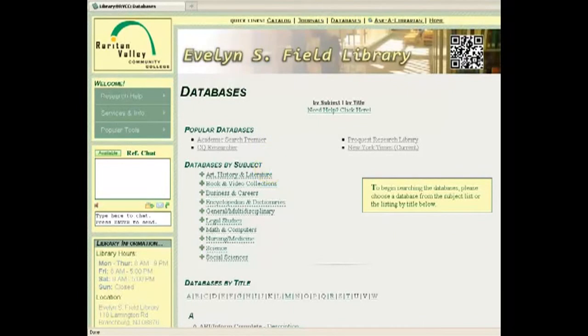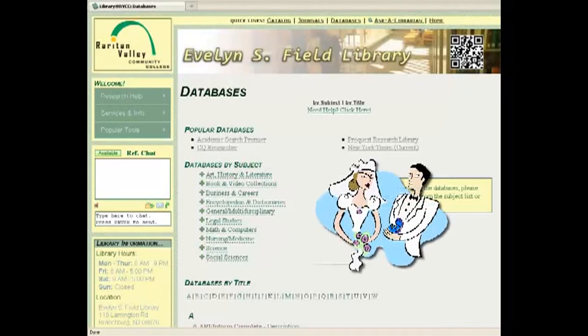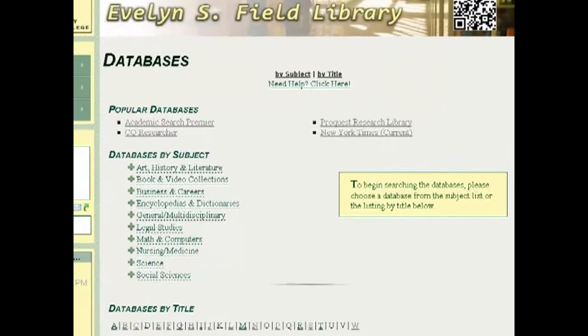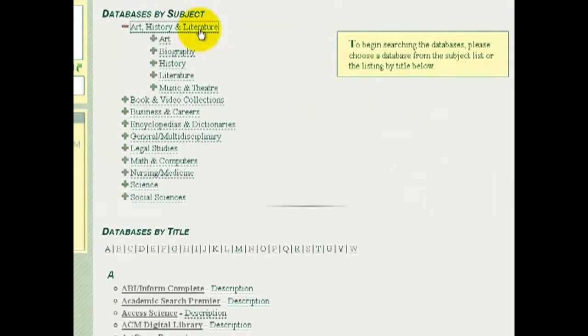You will first need to decide which discipline you want to do your research in. This will often depend on your assignment and your topic. If you are writing a paper on Romeo and Juliet and your professor has asked you to find literary criticism, you are doing literature research. If you are writing a paper on Romeo and Juliet, but you are focusing on arranged marriages in Elizabethan times, then you would be doing your research from a historical perspective. For this topic, you will want to find books and articles that focus on the history of arranged marriages. You will need to think about your topic and decide which discipline or subject area you need to research to